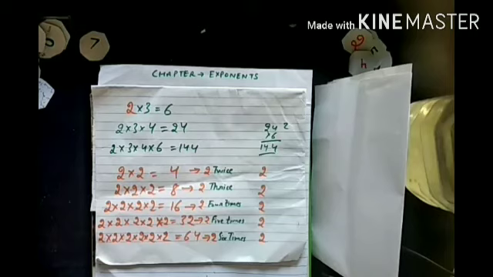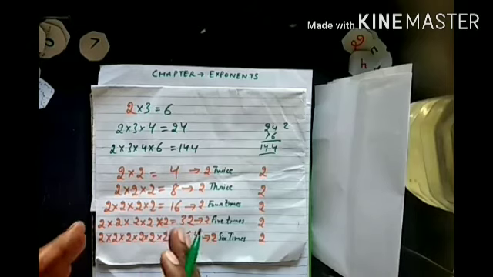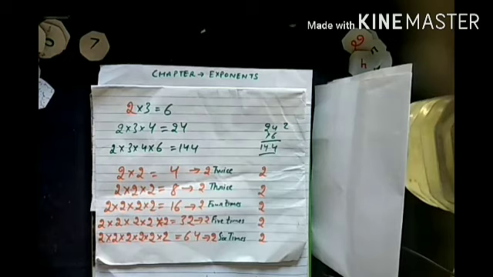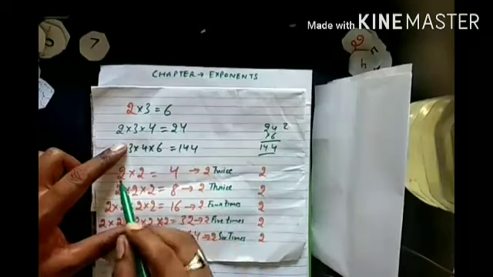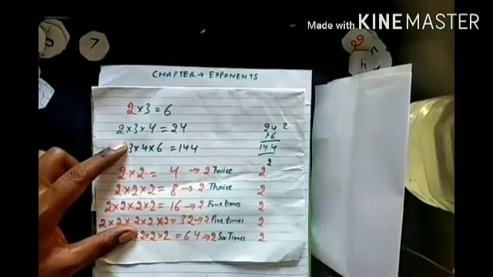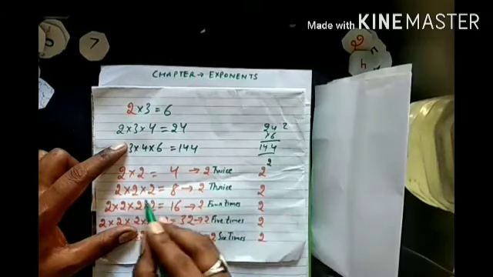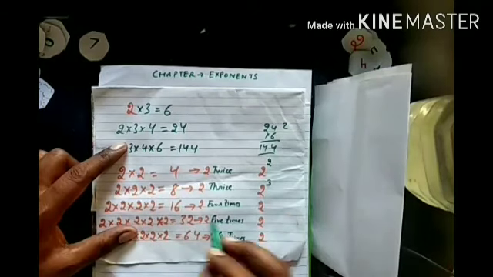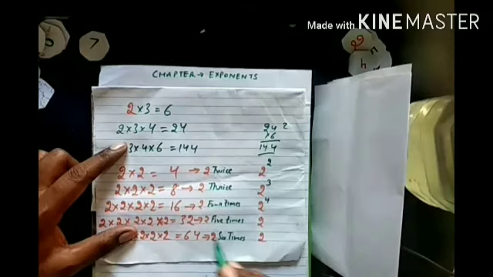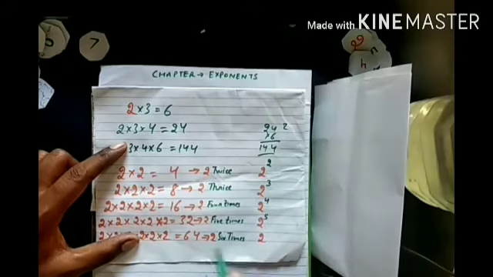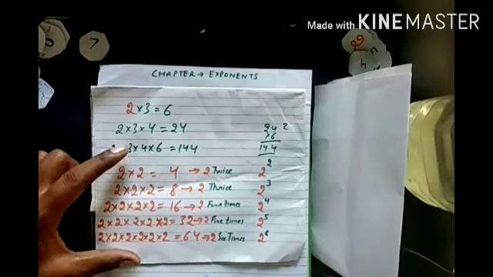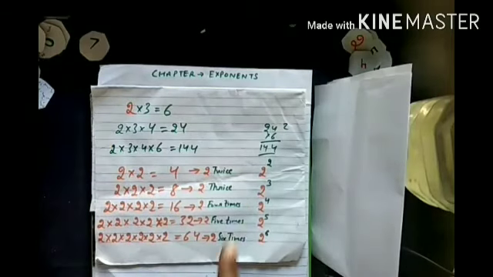So I will adopt a pattern to write these expanded multiplications in a short way. See carefully. 2 is twice, that is 2 is 2 times, therefore I will write 2 on the top of this 2. Here 2 is multiplied thrice, therefore I will write 3 on the top. Here 4 times, therefore I will write 4 on the top. And here is 5 times, I will write 5. And here 6, so I will write 6. Now this form is called the special form named exponential form in mathematics, to write the expanded multiplication of the same digit several times.